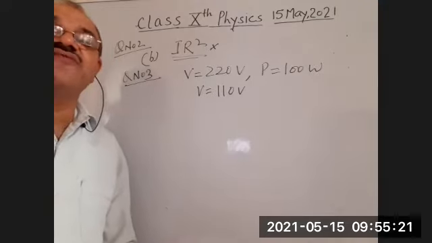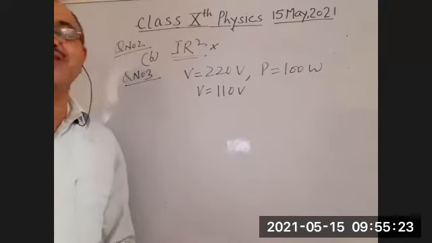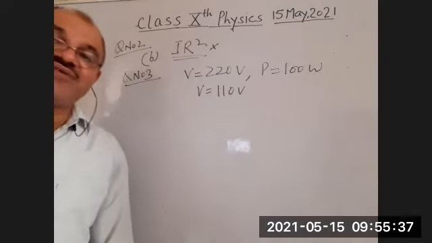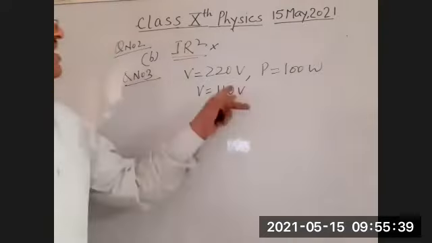Now, he has given 4 options, students. This question also seems to be very, very simple, but it is slightly complicated. A little bit of calculation is there, so we'll solve this one also, students. In the first case, the power is given as 100 watt, and the potential difference is given as 220 volt. Now students, we'll calculate the resistance using the formula P is equal to V square by R.